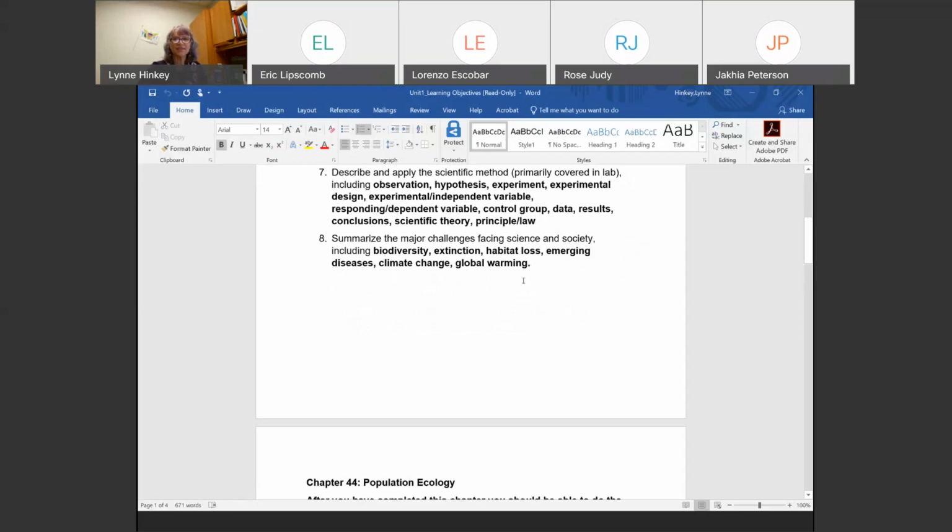Summarize the major challenges facing science. So the last portion of this chapter talks about biodiversity, loss of biodiversity, extinction and habitat loss, and emerging disease, which I think is quite interesting and timely because I also teach microbiology, and something that has been a major topic, not just in the recent past. We tend to think of it as a 2020 phenomenon of pandemics, but for about the past 30 years,